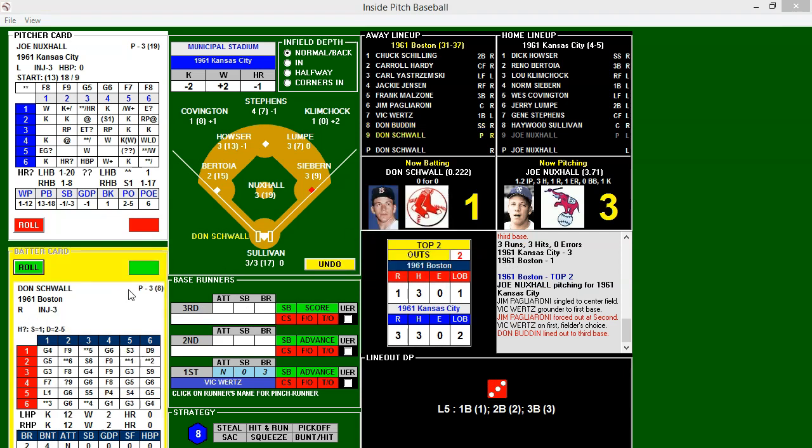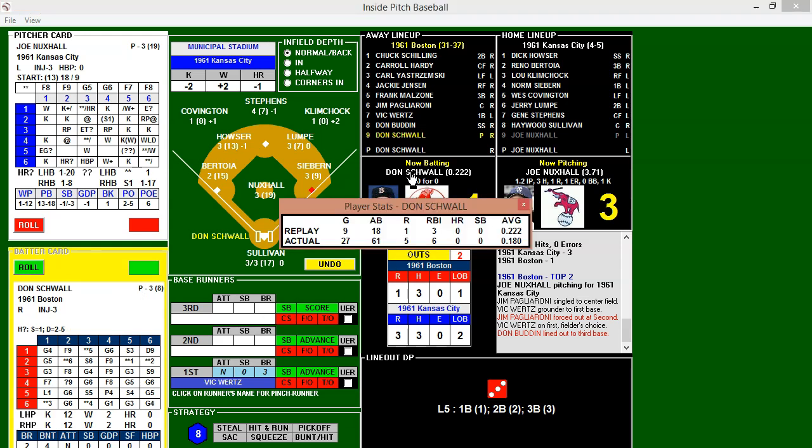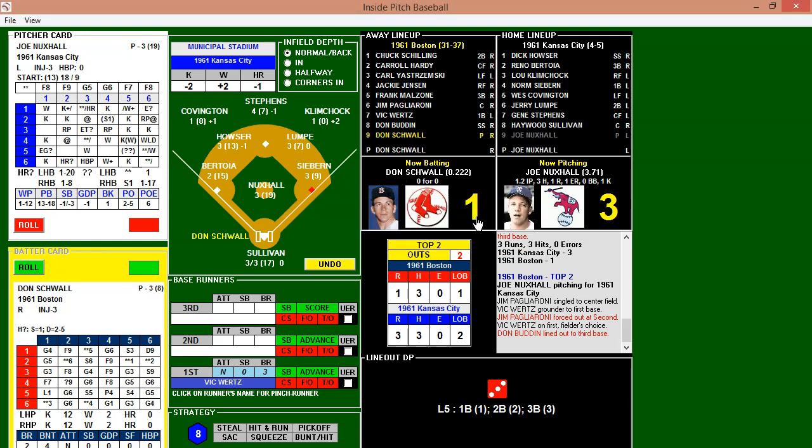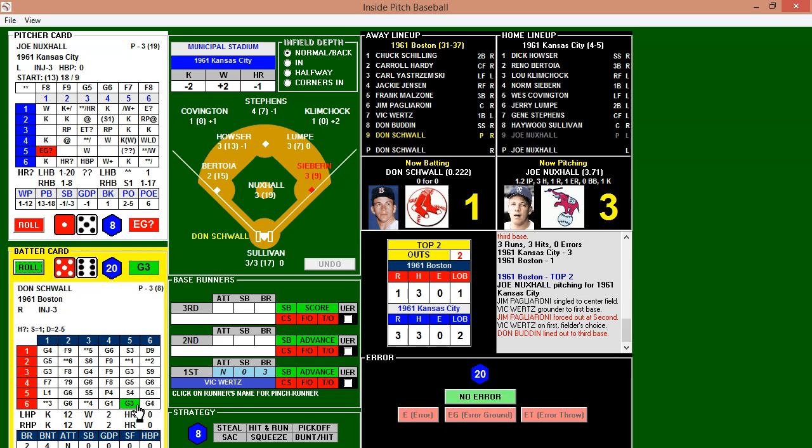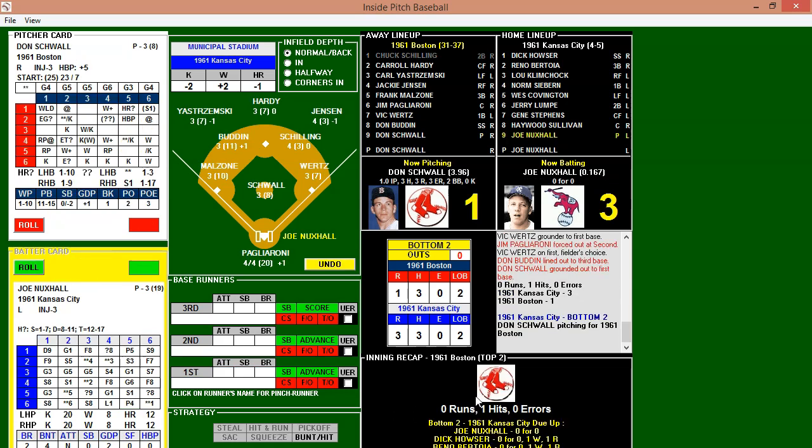So to bring up Schwal. Schwal, a .222 hitter on the season. So definitely not an automatic out, with 3 runs batted in. Love to help his own cause here. Here's the pitch. And possible error if it's a ground ball. 5-6. It is a ground ball to first. And Seaburn's able to take it to himself, taking himself to the bag, and that will do it. So the Red Sox do not score, so after 1.5, it remains 3-1 Kansas City.